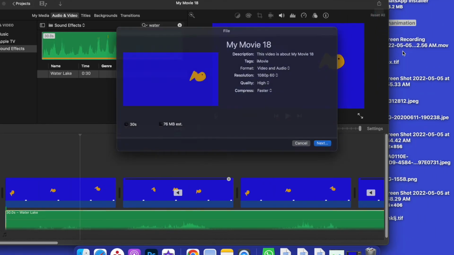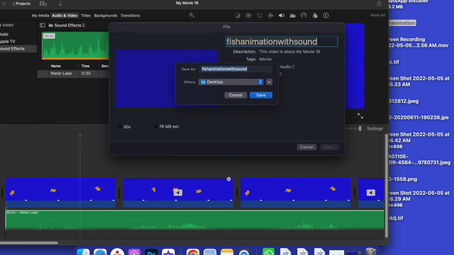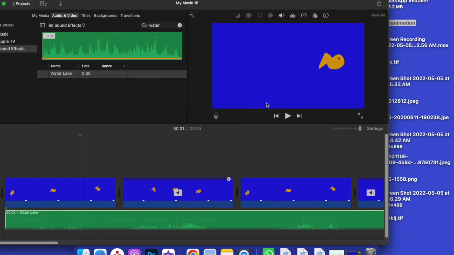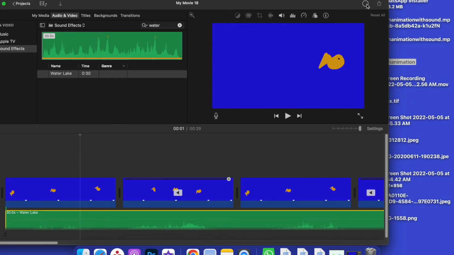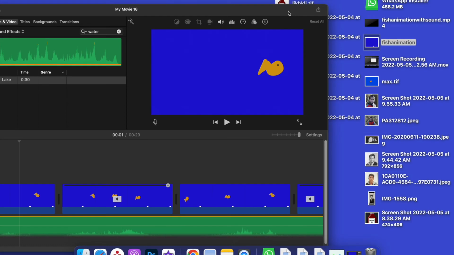And now I'm going to export. Upper right corner, click on Share, give it a name. I'm calling it Fish Animation with Sound. I'm going to save it on the desktop and hit Save. Wait for the circle to completely fill up. That tells you it's exporting. And now it'll be on my desktop. There it is,